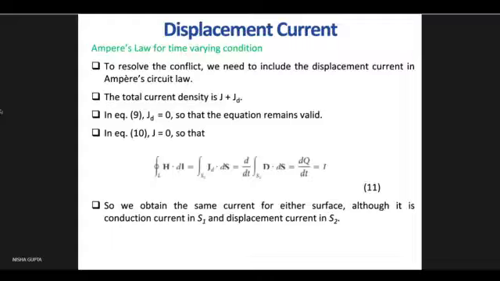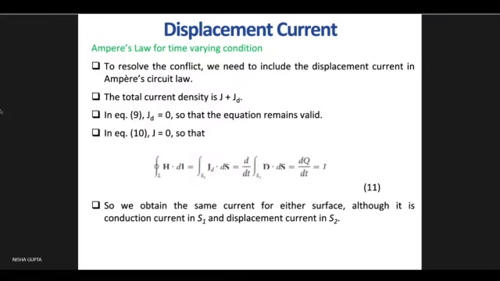Since there is no conductor, but we can see the continuity of current, that is, the current entering the capacitor is the current coming out of the capacitor. So where is this current continuity coming from? It is happening because of the term JD, which is the displacement current density. So the displacement current density is responsible for the displacement current, or for the propagation of electromagnetic wave in free space or in dielectric, where there is no conductor.